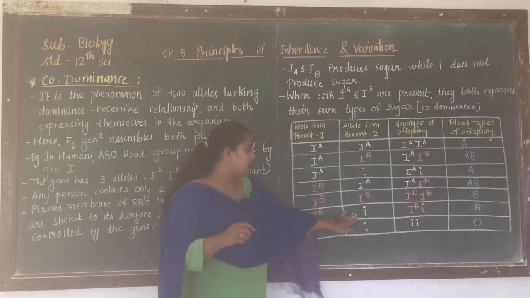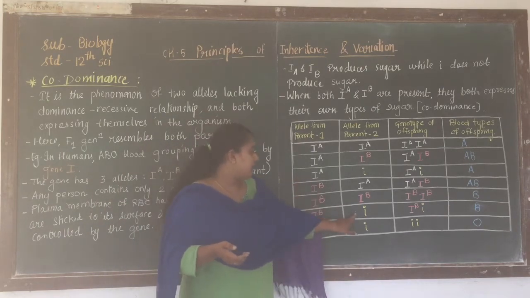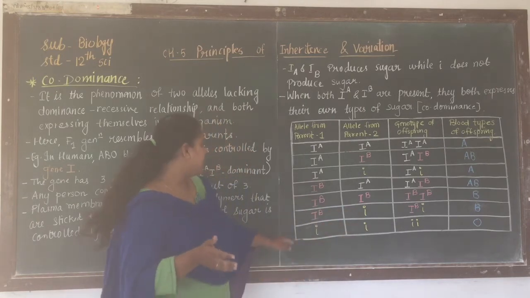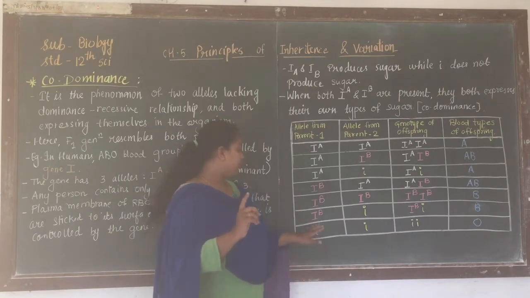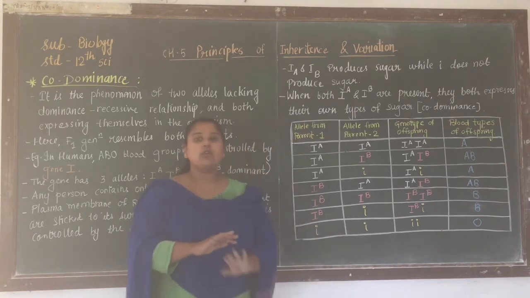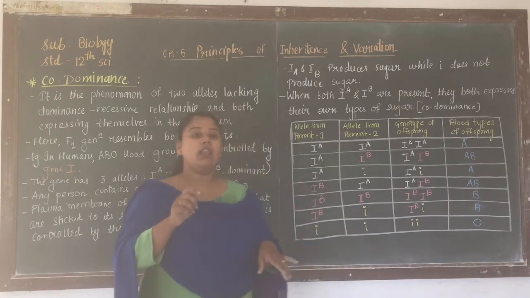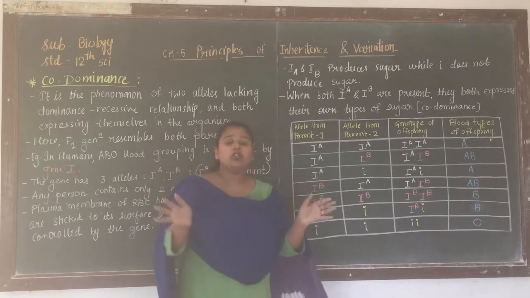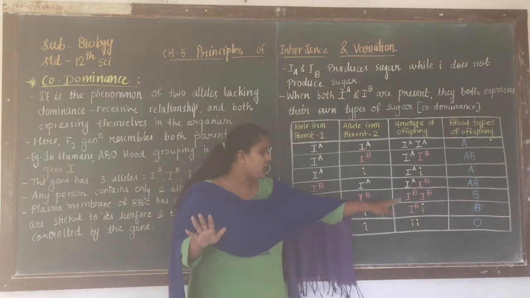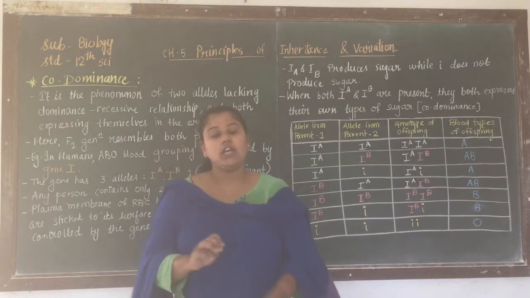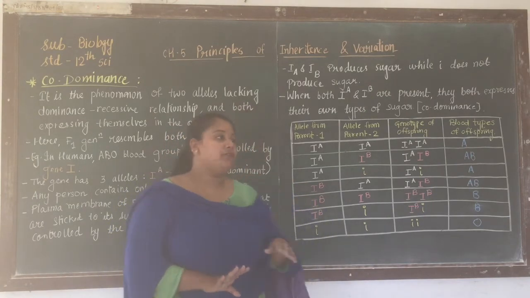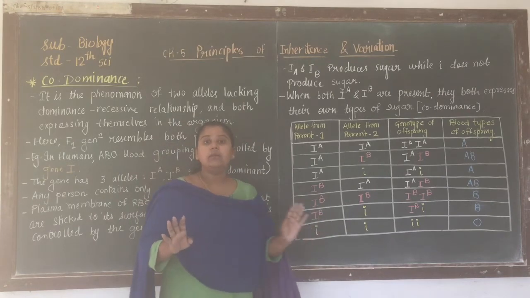Here again IB and small i, same as this. The capital IB is dominant over the small i, and for this reason only one type of sugar is formed, so the blood group will be B. As here in the last one, note that neither A nor B is present, only small i is present, and that will form the O type of blood group, right? So there are 4 different types of blood group: A, B, AB and O, and this is the way they form the blood groups.